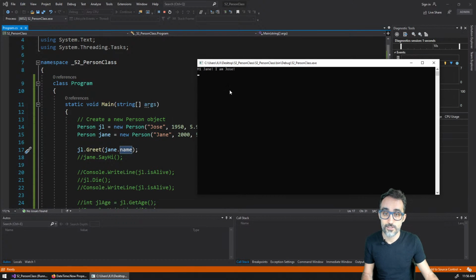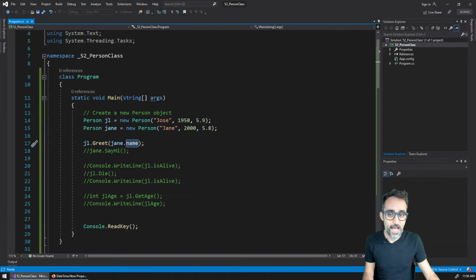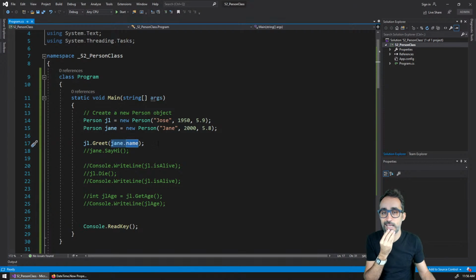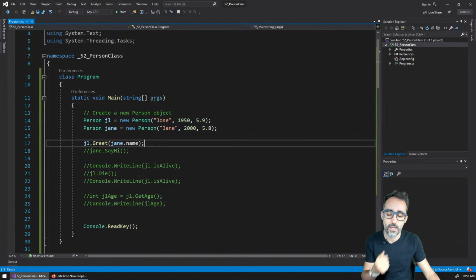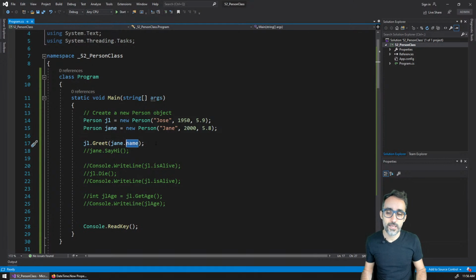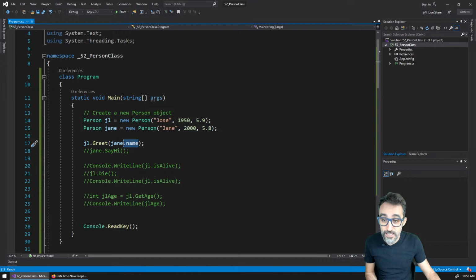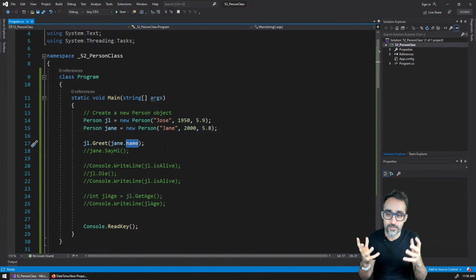inside of Jane. So you can see, hi Jane, I am Jose. But wait for it. Because if I'm always going to be greeting a person, and I know that person objects always have names, because that's what I have defined as part of how the person class works, then maybe having to explicitly say that I need to greet the name Jane as opposed to the person Jane is